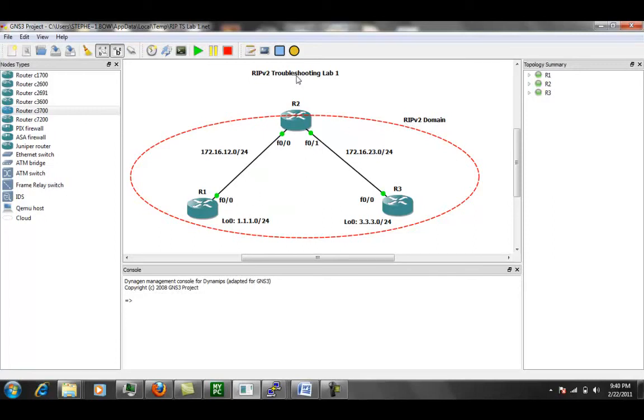So the size of your RIP version 2 domain really doesn't matter. I know that there are some vendors and some labs that have extensive, very intimidating lab setups, and my thought process is if you can just learn the fundamentals and troubleshoot on a couple of routers and learn the basics, then it doesn't really matter the size of your network. You will be able to take those